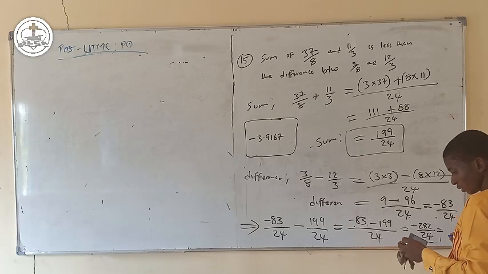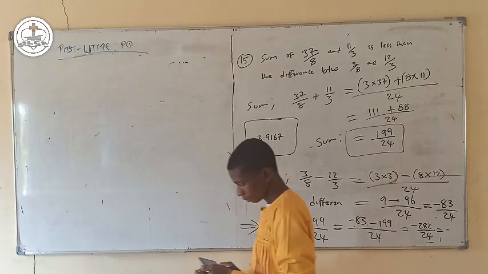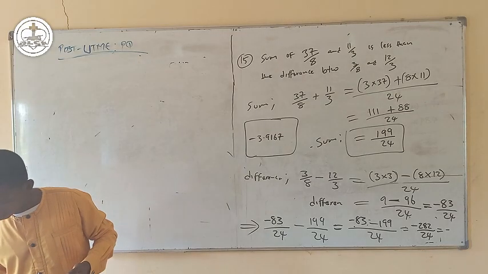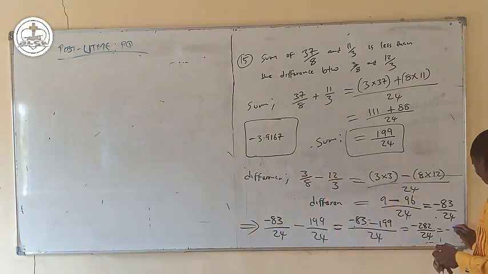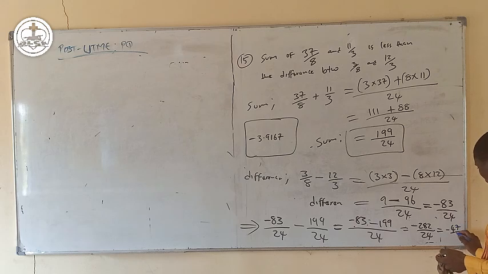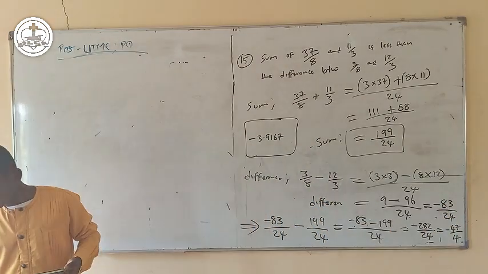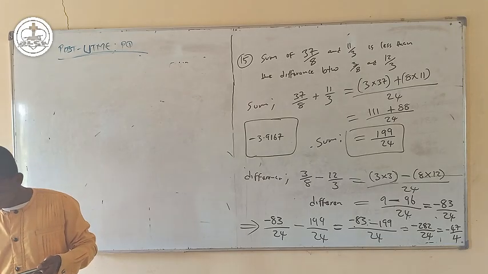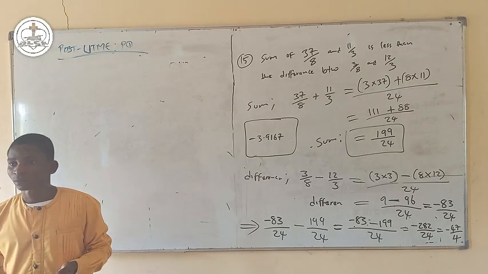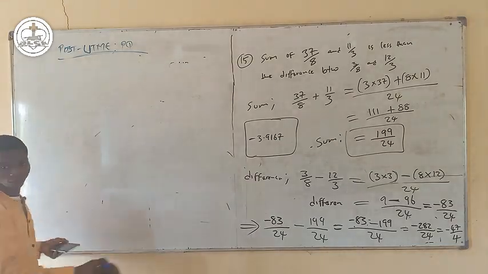This is then minus 47/4. That's for our number. So for our next,